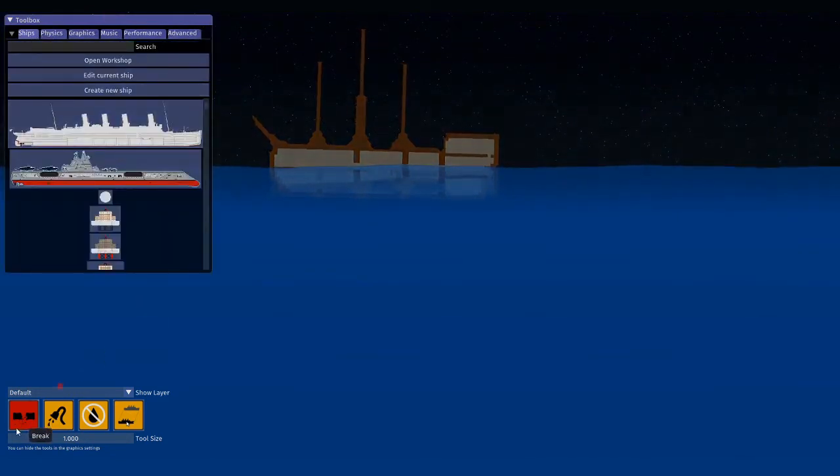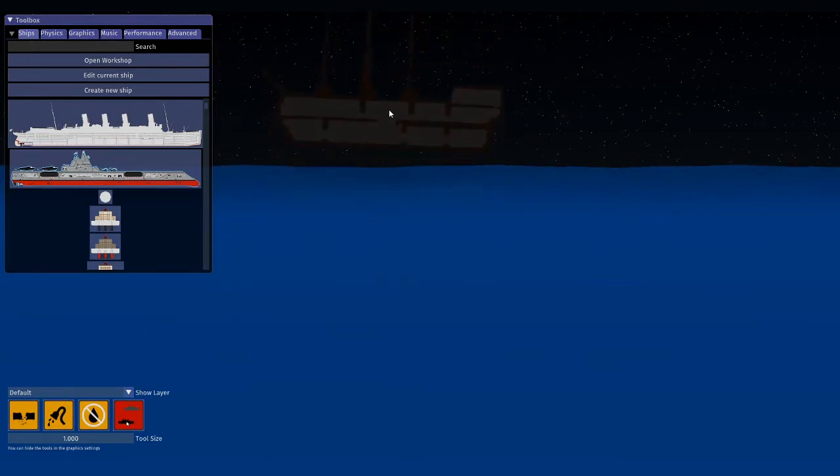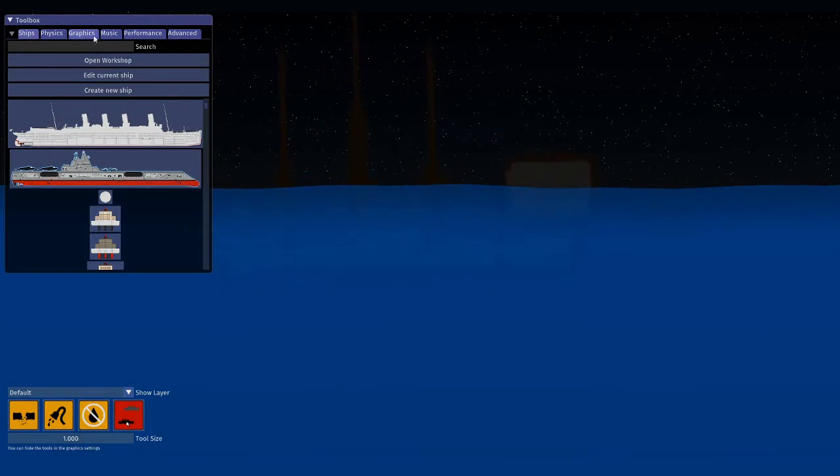I think that you can do more advanced stuff, but basically there's a break tool, so you can break the ship and then it starts to flood, a flood tool, a dry tool, and a drag tool, so you can just pick it up and yeet it around. And I thought we could start at, why is it getting